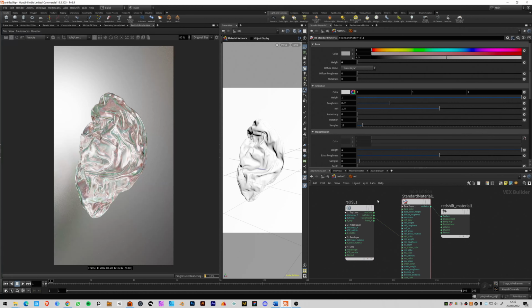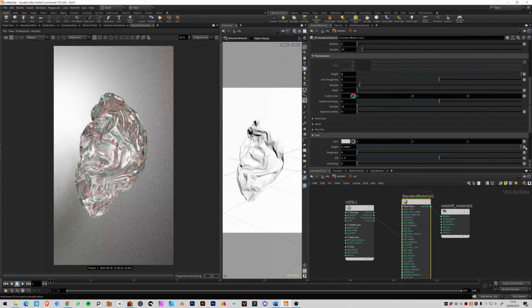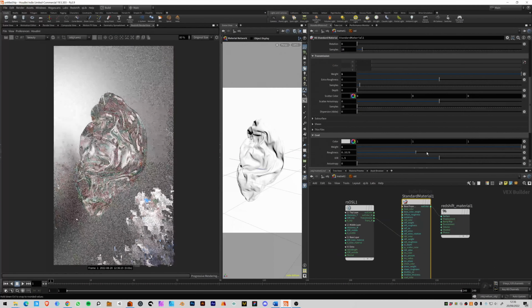And like the previous one with the thin film and the material layer blender, this doesn't have concerns about blowing out because there's 2 reflection or 3 reflection channels, so it's more easy to manage. Another thing is if you put up the roughness, the contrast and the colors fade away a little bit. So again, you can manage this by roughening a coat layer, which still gives a little bit of the